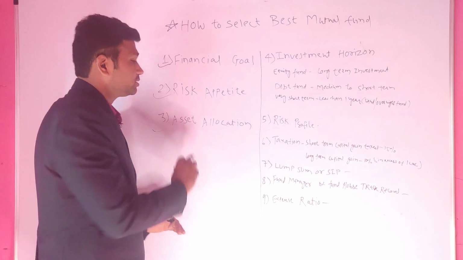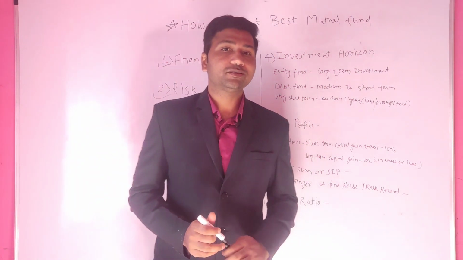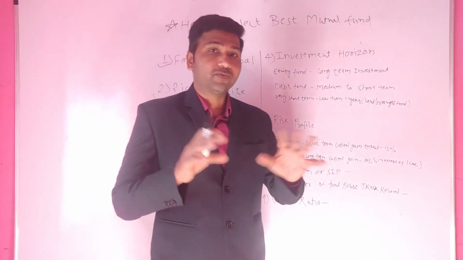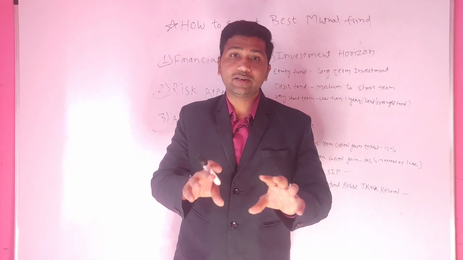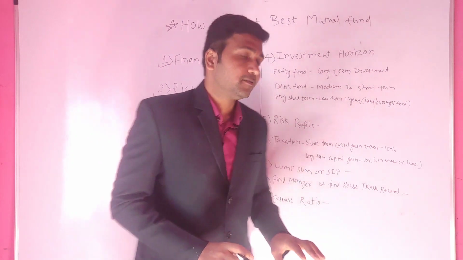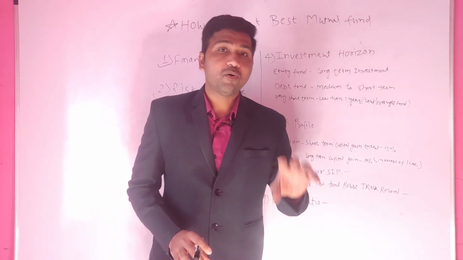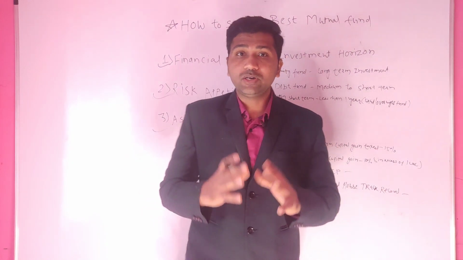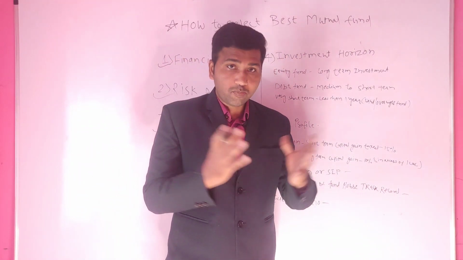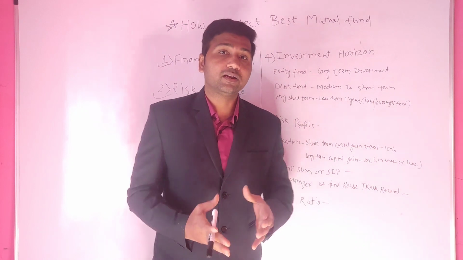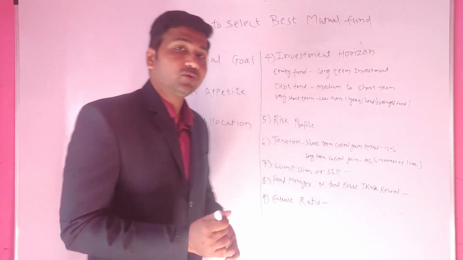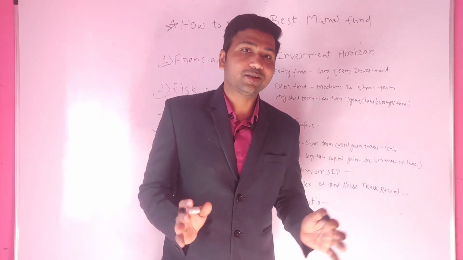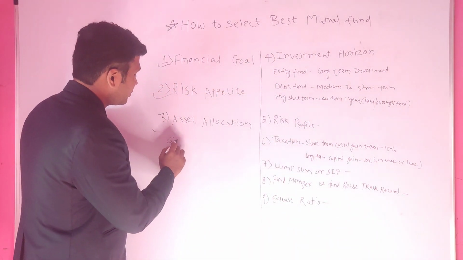Third one is asset allocation. So what is asset allocation? In a mutual fund, your portfolio is diversified. Your fund manager allocates your fund in different portfolios, different assets. So there are equity assets, bonds, ELSS funds. Based on this, you need to consider how much percentage of your fund you need to allocate. Based on my suggestion, the best is that you can invest 65% of your